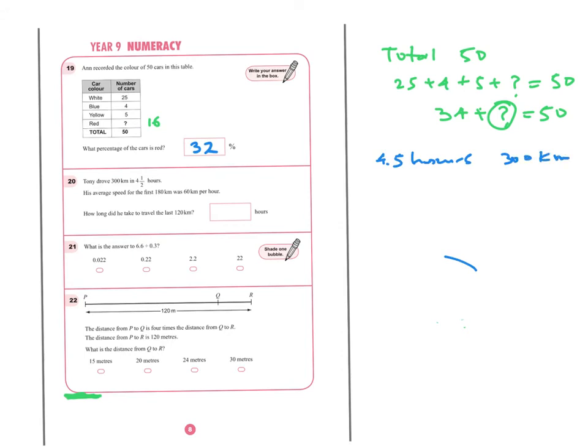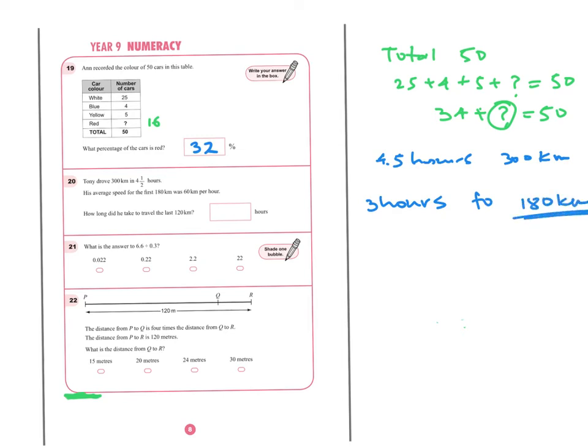And in the first 3 hours, what does it say? His average speed for the first 180 kilometers was 60 kilometers per hour. So which means that it took him 3 hours. So 3 hours to travel 180